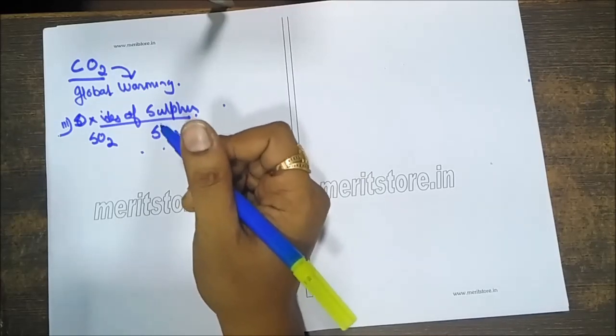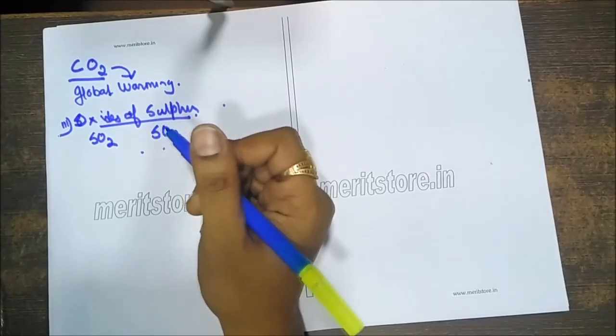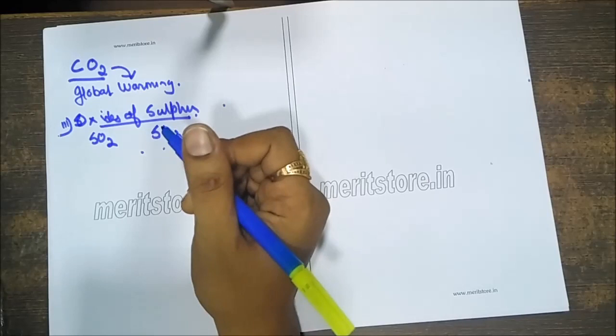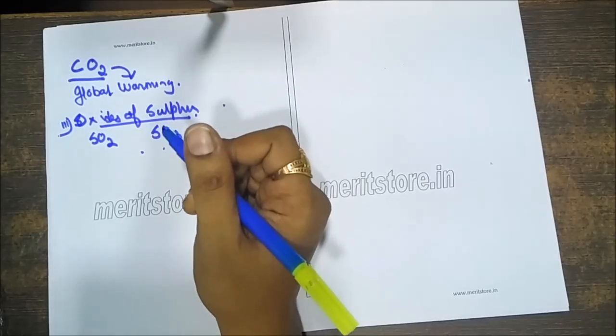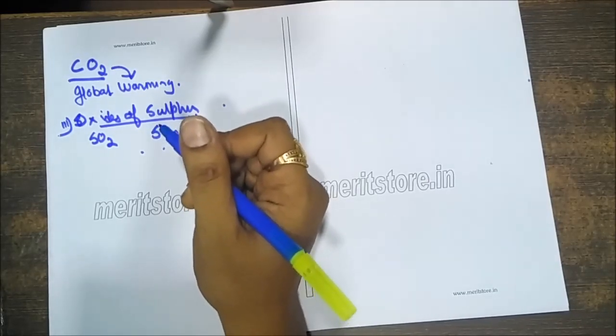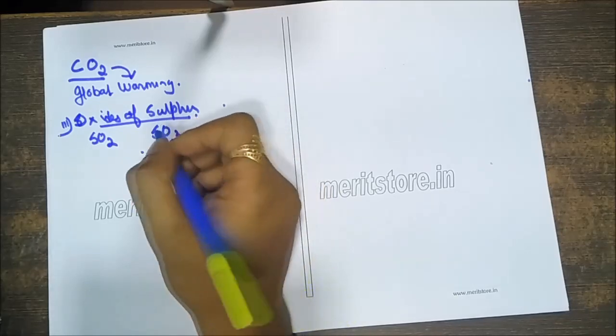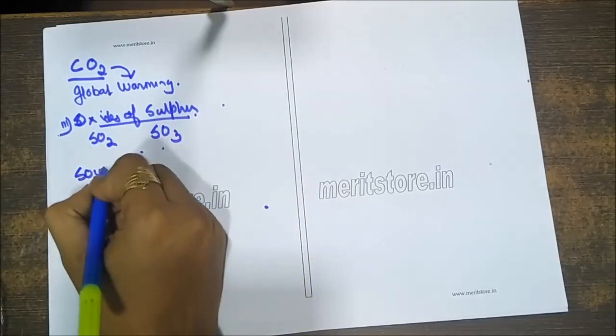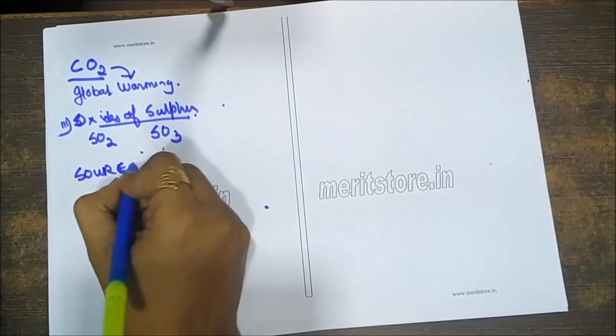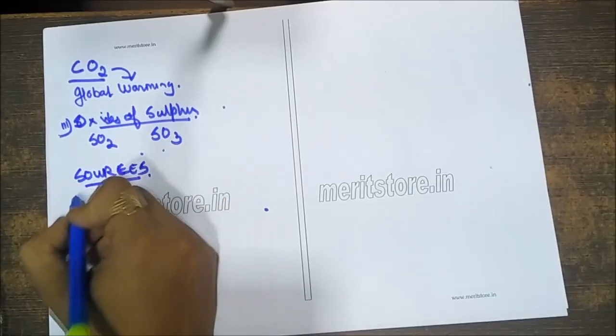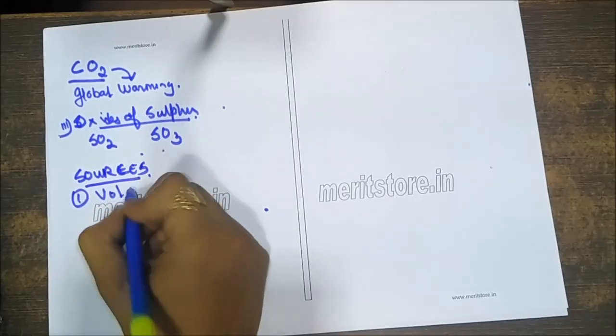But sulfur dioxide has an irritating odor. So it will affect the respiratory system. Okay, and the damage to lungs is very severe. What are the sources? Sources of sulfur dioxide would be volcanic eruptions,